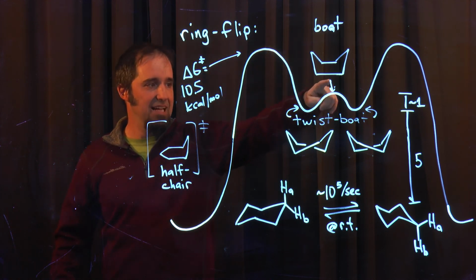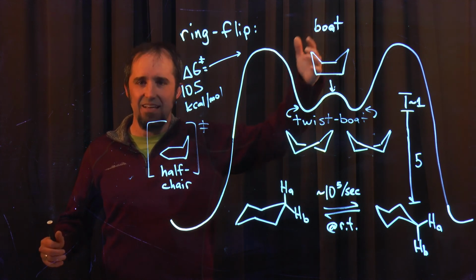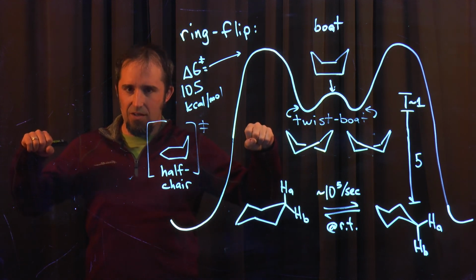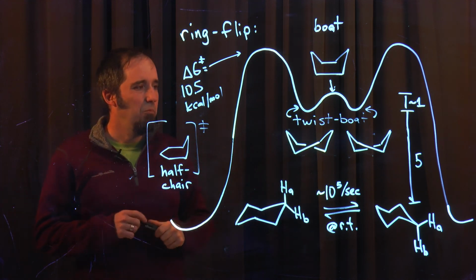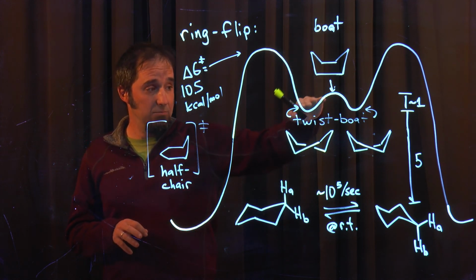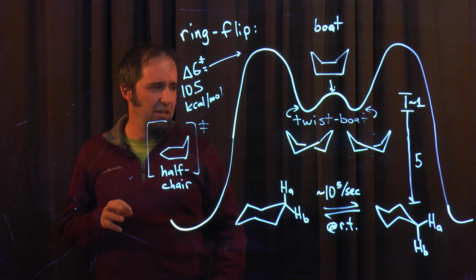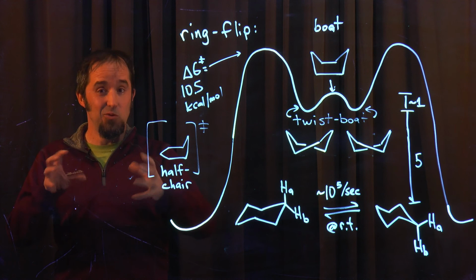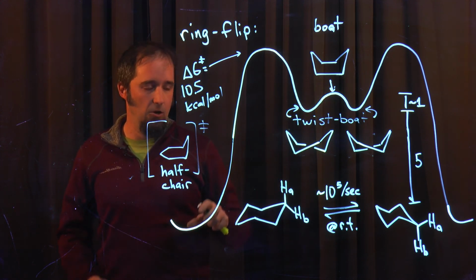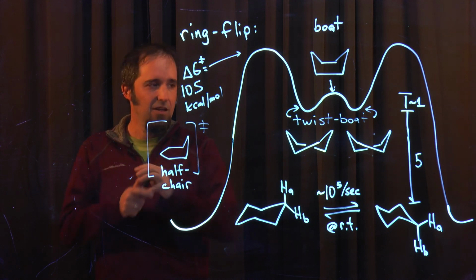This can relax down to something called a boat. This boat is essentially just like it sounds, right? You've got these 4 carbons in a plane, and then you've got the 2 kind of ends up. But that boat actually isn't a minimum. The boat is a local maximum between 2 twist boats. The only difference is that we've taken that boat and, yes, twisted it in order to get rid of some of the torsional strain here. So if I twist it a little bit, now those hydrogens aren't eclipsing anymore,